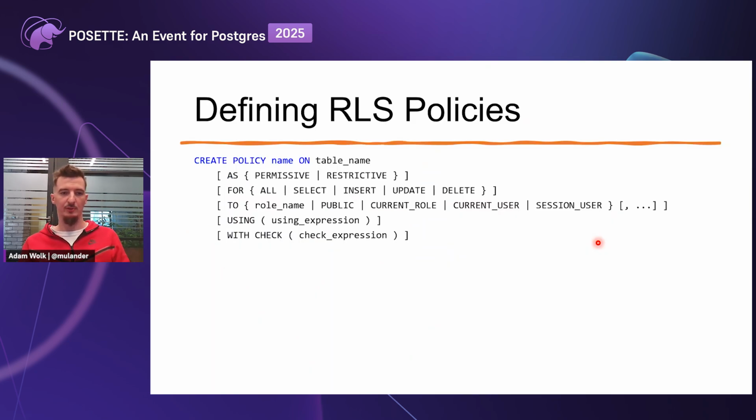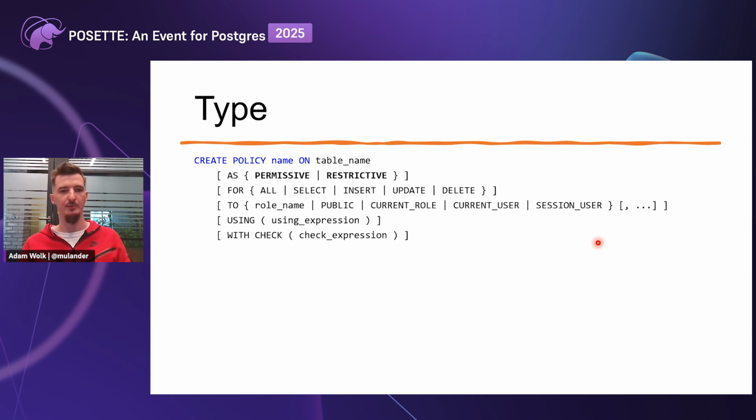So defining row-level security policies, that's something like every Vogon's bureaucratic dream, to define policies. By default, the policies are ignored. Like if you create a policy and don't enable row-level security, it's just there. You define a policy per table, so every table can have its own set of policies. You can reuse the name across different tables, but it must be unique on the same table.